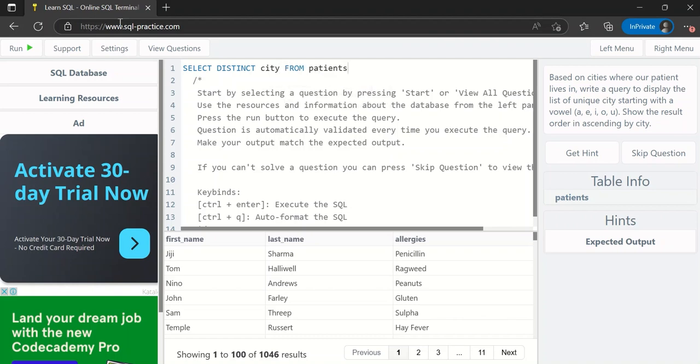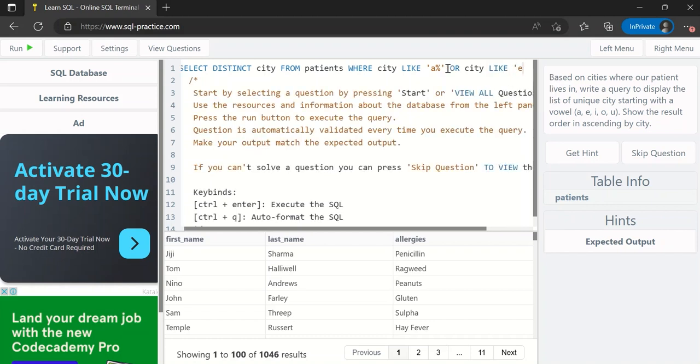from patient's table, where the city starts with the vowel A, E, I, O, U. For that, what I can use is city like 'A%'. Then whenever the city starts with A, it will give me all those records. Or city like 'E%',